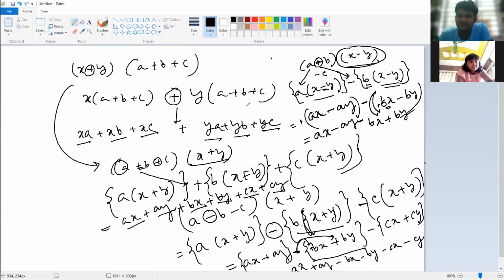And after this class, I'll send you this type of question. You have to solve it by this type only. If there are numbers, suppose 5 plus 7 into 3 plus 9 plus 2. Suppose I have given this one. Don't do it like 5 plus 7 is 12, this is 14, so 12 into 14 is something. Don't do it like this. Do it like this, I'll put alphabets.